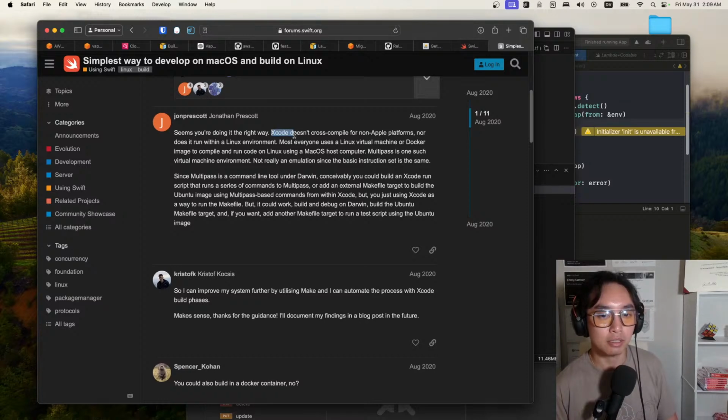Xcode doesn't cross-compile for non-Apple, nor does it run within a Linux environment. Yep, that's the problem there. Most everyone uses a Linux virtual machine or Docker image to compile and run code on Linux using a macOS host computer. Multipass is one such virtual machine environment, not really an emulation since the basic instruction set is the same. Since Multipass has a command line under Darwin,